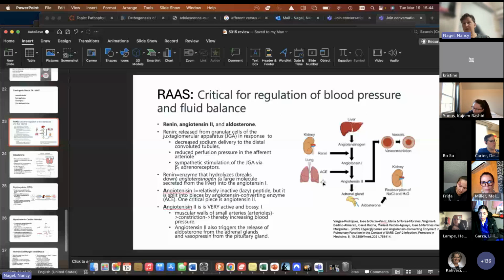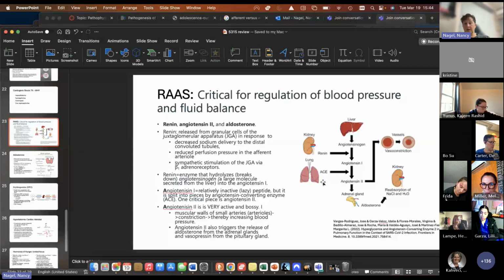At that point, renin's job is done. It goes and takes a nap. It clocks out. It eats Cheetos. It's out of the program. Angiotensin 1 is now floating around in the blood. It's an inactive peptide. It doesn't do much, but then we have angiotensin converting enzyme, and that cleaves